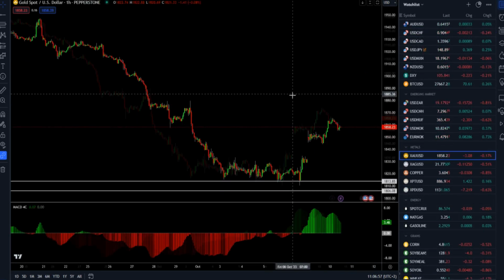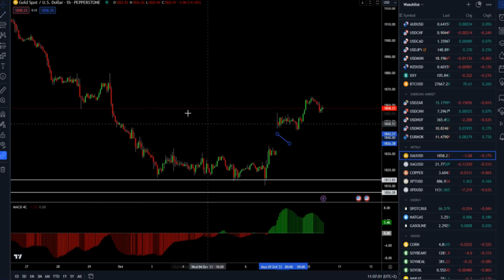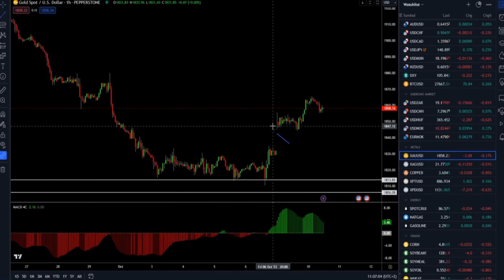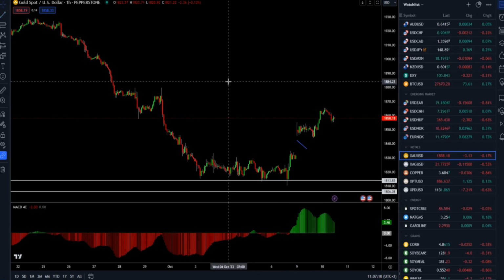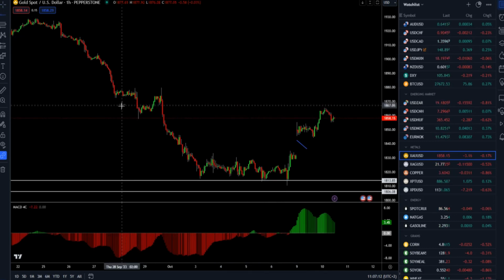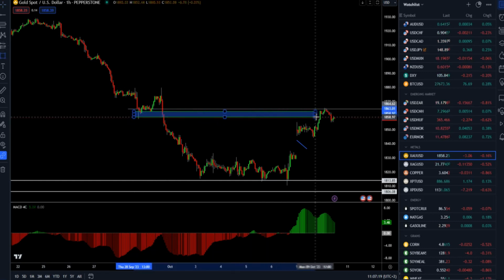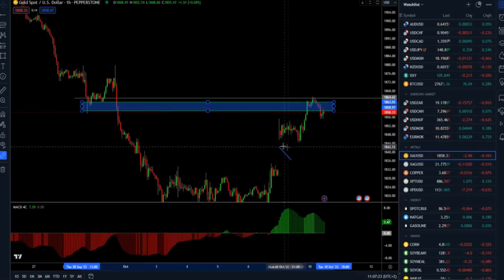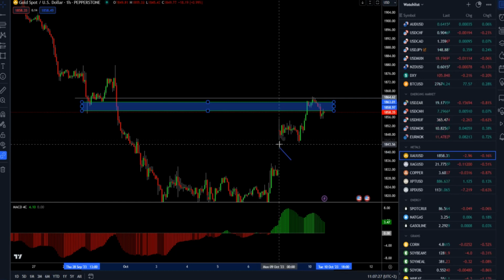If we speak about the gold market, there was a gap that held yesterday, and we can see that the market tried to pull back just a little into the gap, and there were more buyers kicking in. But now at this point where the market got stopped, this is the area where we have a previous swing low on the hourly time frame. So this is the area here where the market is rotating, and we still have this unfilled gap here from yesterday.